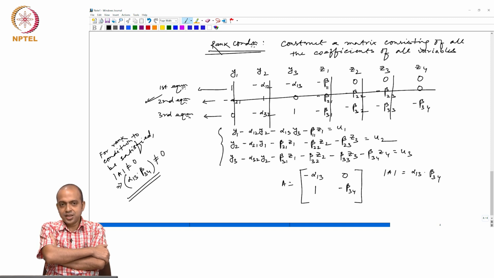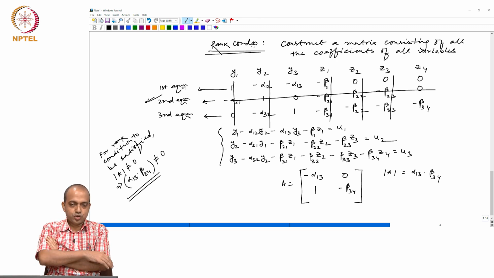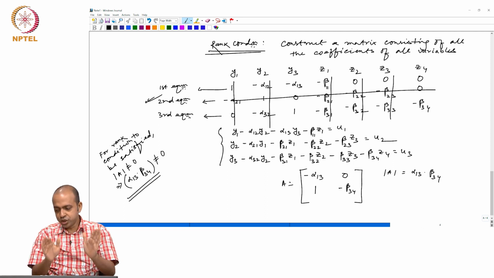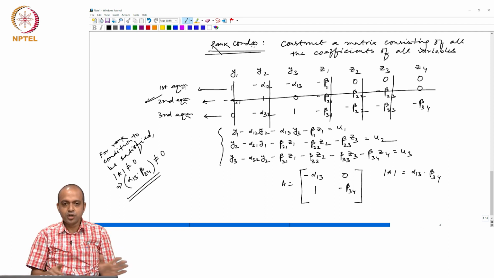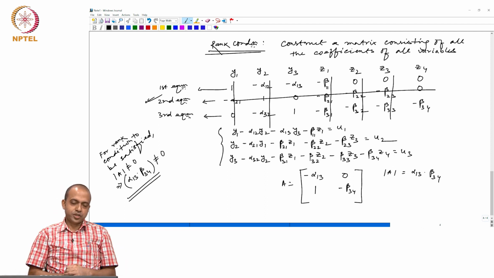And then lastly, we discussed a system of equations with three or more equations, the general rank and order conditions with this matrix algebra. So with this we are closing our entire discussion of the simultaneous equation model. Thank you.